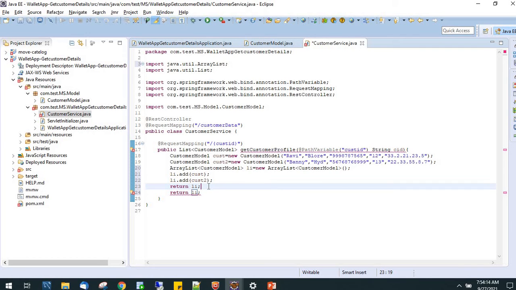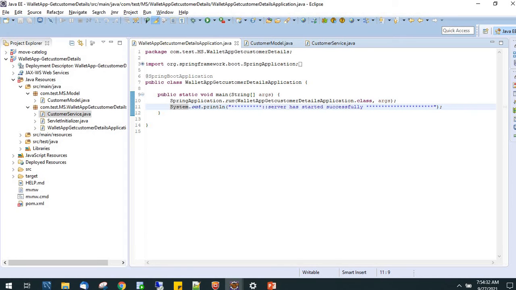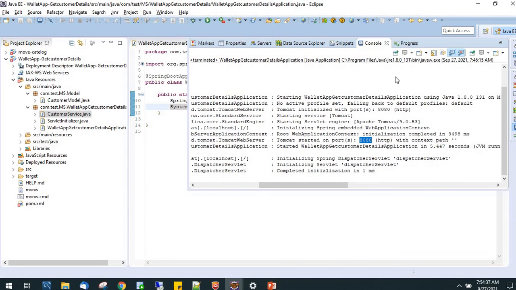Then you just give the customer ID you read, customer ID, PID. Now just stop this and run it again.